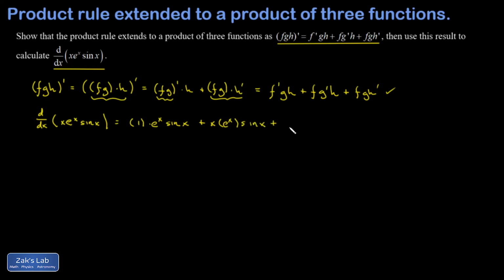And then in the third term, I leave my first two functions alone, and I differentiate the third. So I've highlighted the results of derivatives in parentheses here. There's not much simplifying that we can do except to factor out an e to the x. It leaves me with sine x plus x sine x plus x cosine x,